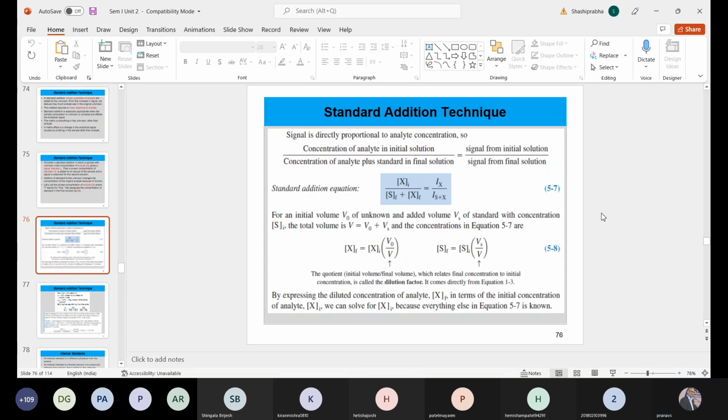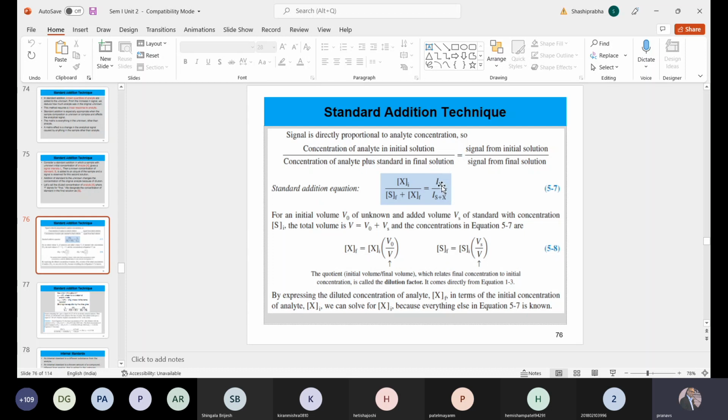Xi जो अननोन है divided by XF plus XFF, that is जो फाइनल सोल्यूशन है, कॉन्सेंट्रेशन है X का, इसका वो XF हो गया क्योंकि डाइल्यूशन आ गया, और बाद में जो हमने स्टैंडर्ड डाला था वो स्टैंडर्ड था, लेकिन जब उसका कोई एलोकॉट डाला तो नेचुरली वो भी डाइल्यूट हुआ, तो उसको भी हमने XF से डिनोट कर दिया. सो दिस इज, and correspondingly this signal will correspond to